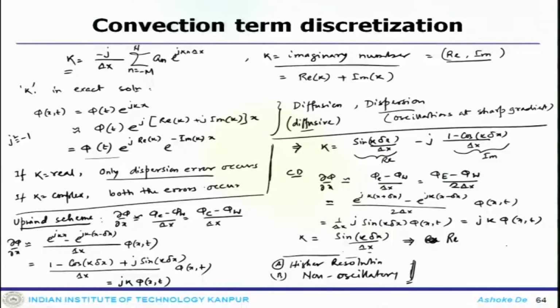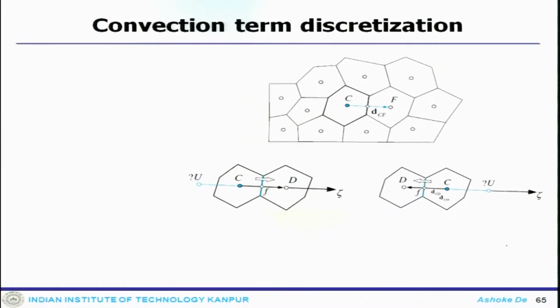Now, just to conclude these things, one more discussion we need to do is the higher order scheme on unstructured grids. So, how would that look, the higher order scheme on the unstructured grid? If you see this particular stencil, this is an unstructured grid.